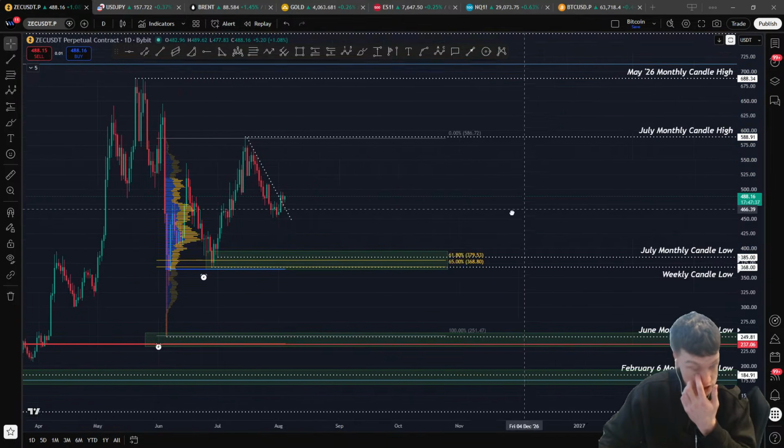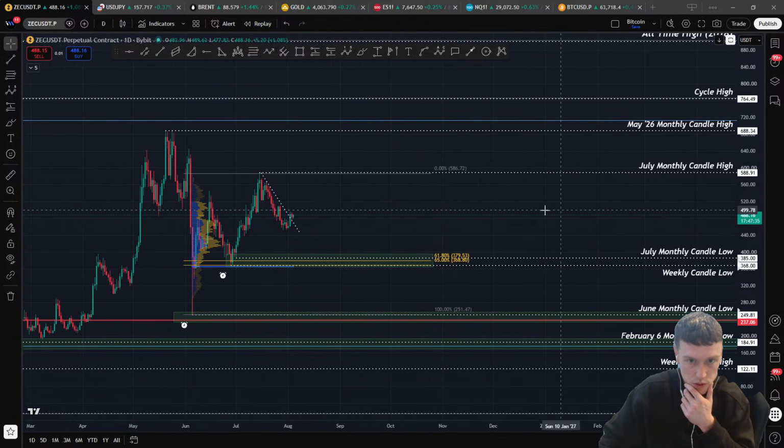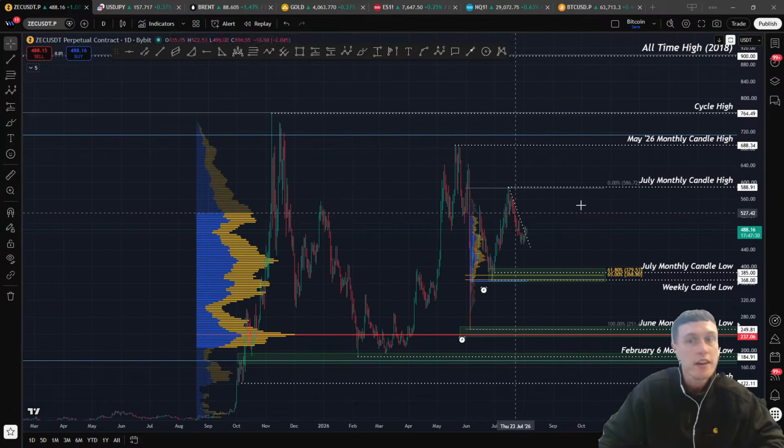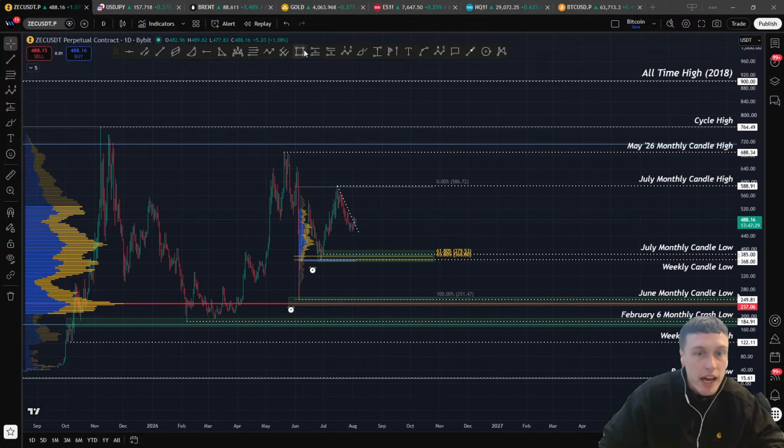So I'm targeting those 3 areas for swing longs towards the end of this year. Might not get it, might not. A lot of us have spot ZEC, which is a great idea for those that don't. And now let's identify